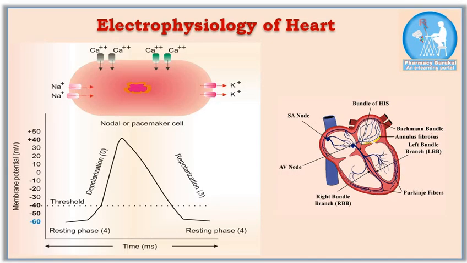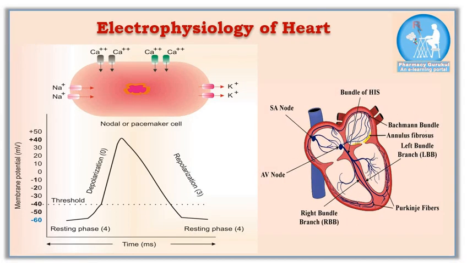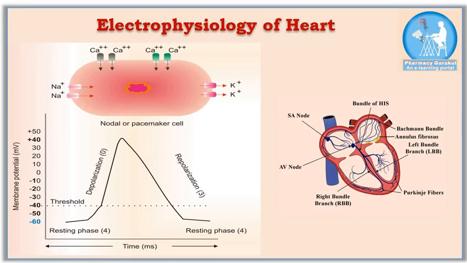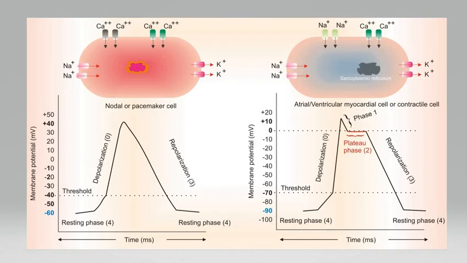To understand how the heart works, how it contracts and how it pumps out blood, and also to understand the ECG pattern, we must understand the electrophysiology of the heart. There are lots of electrical and physics terms used in the electrophysiology of the heart, like voltage gated, volt, cations, electrical impulses, depolarization, repolarization, etc. Having said that, there are two types of cardiac cells. The first one is the nodal cell or pacemaker cell, and the second one is the contractile cell or atrial and ventricular myocytes.